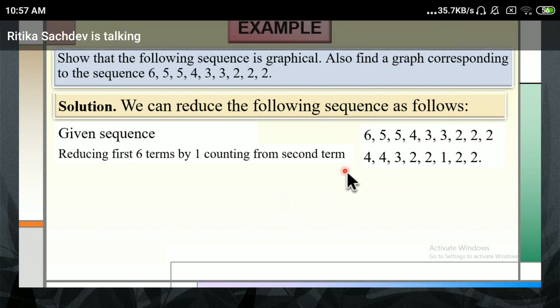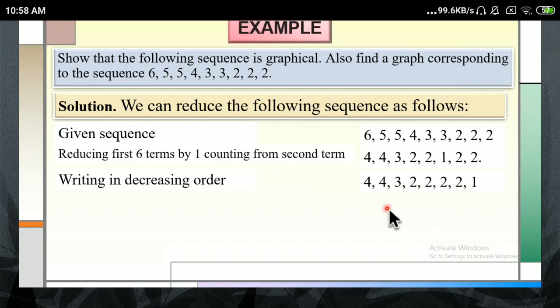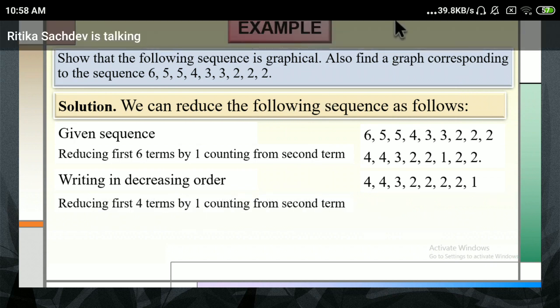Okay, once that is clear, I can proceed further, but the next step says to put all these things in ascending or descending order. So we are going to arrange this in descending order. Writing in decreasing order, what will this become? 4 4 3 2 2. This one will go at the end. So in descending order, it has become 2 2 2 2 1. Is it okay? So now I want you to tell me what my next sequence will be.